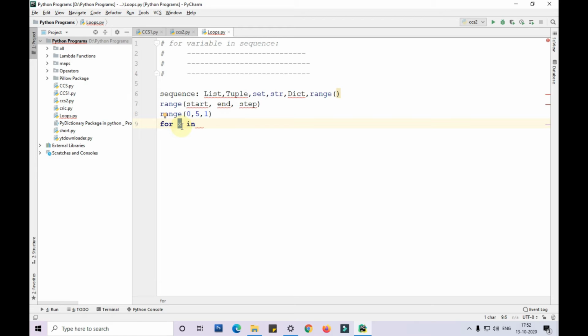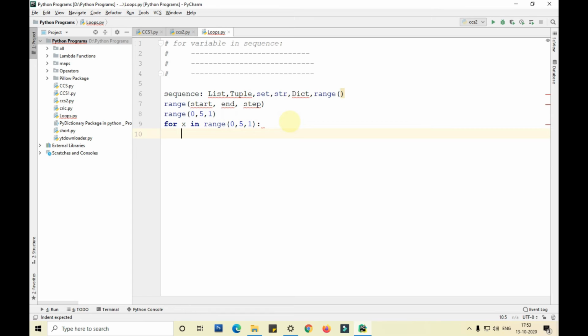It can be a declared variable or not declared variable, anything. That doesn't matter. For x in range of 0, 5, 1 followed by a colon, print x.